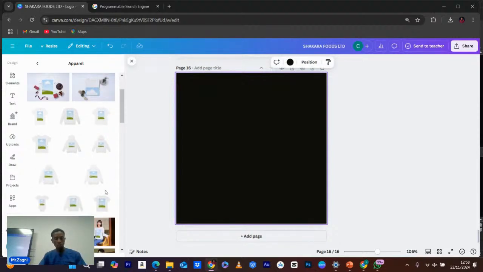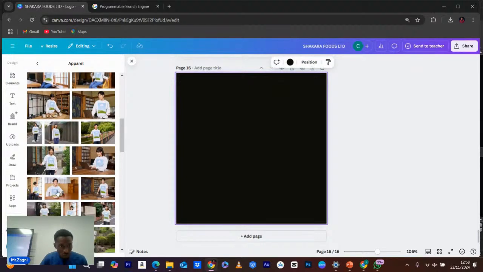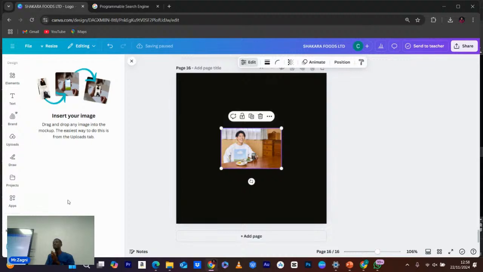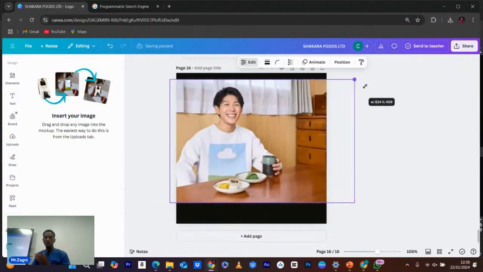So there are different clothes samples here. There are different clothes samples. So I'm going to use this one because it's eating. So you click on it, like, mockup. So like I said, for you to be able to put this thing on your clothes, you need to download your logo design. You need to download it first,